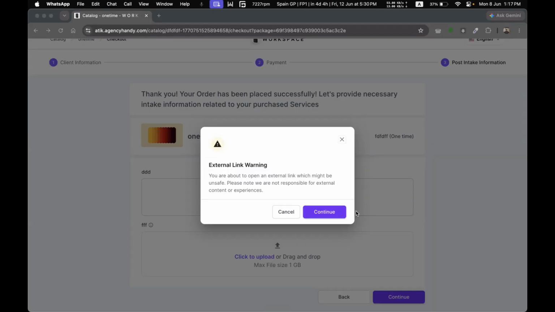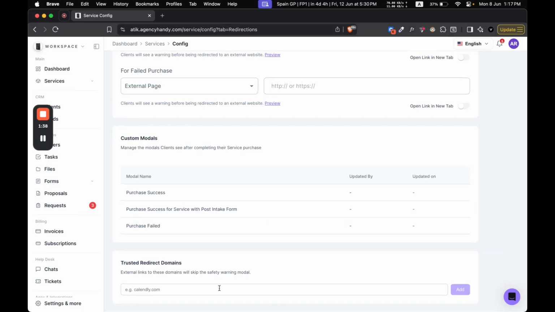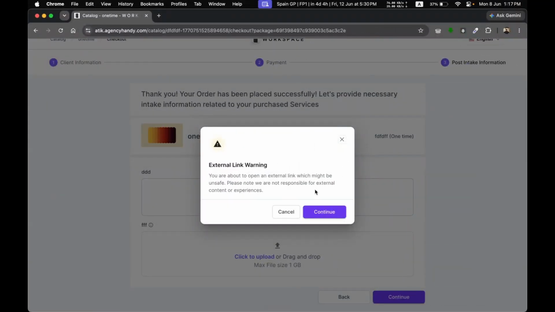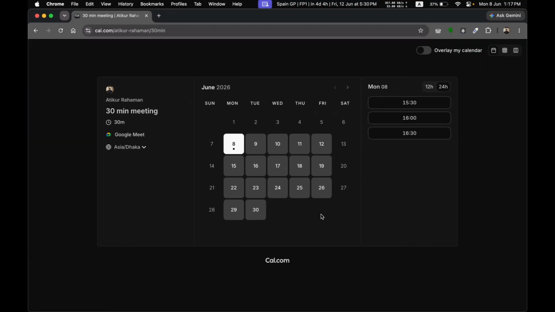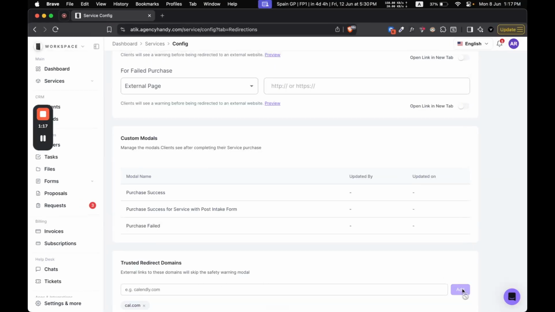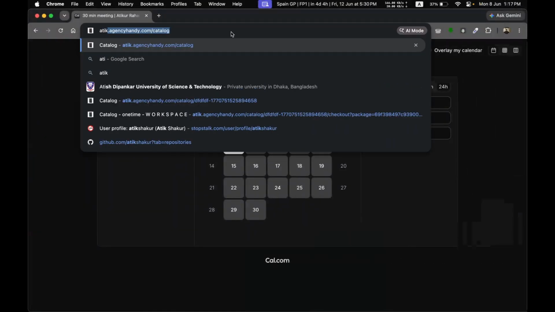If you remember, we have deleted the cal.com link from here. So if I set cal.com here and add it, it won't show this modal, but let me show you after this step is done, right? So if I hit continue, it will take me to the cal.com link. But if we do add this here, so that this is a trusted link, and go to my catalog page again,